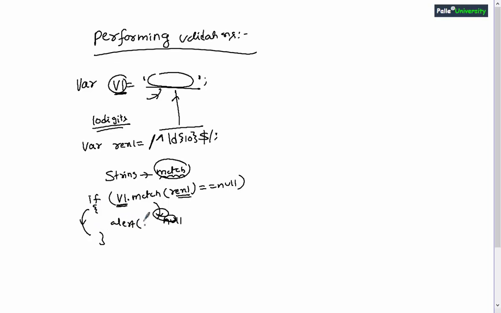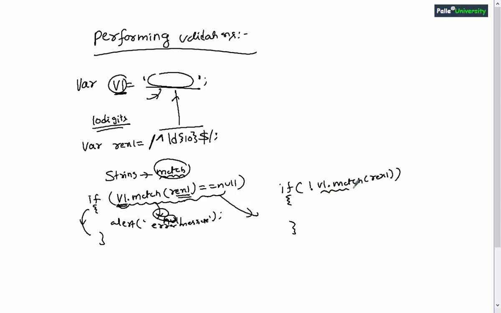Inside the if condition body, maybe by using an alert mechanism or some other mechanism, you try to display an error message stating that the content present in the variable is not present in the valid format. Okay, so whatever it is, and you remember, instead of writing v1.match(rex1) == null, there is a simplified format for writing the condition here. The same thing I can write like this: if not v1.match(rex1), open curly bracket, end curly bracket.